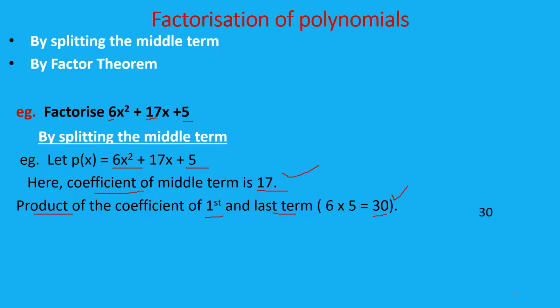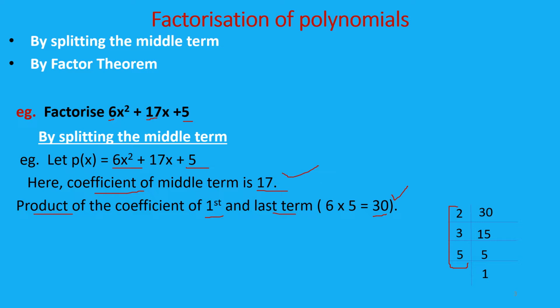Now we have a number 30 and we know how to find out the factors. We will start with the least prime number. So 30, the least prime number which will divide the 30 is 2. So here it will be 2 into 15, that is equal to 30. Now for 15, the least prime number is 3. 3 into 5 will get 15. And then 5 ones are 5. So the factors of the number 30 are 2, 3 and 5.